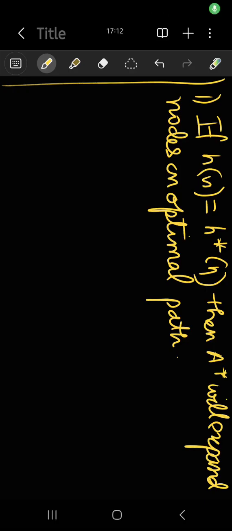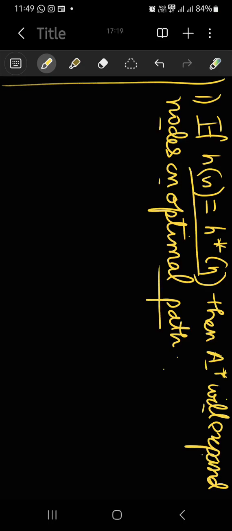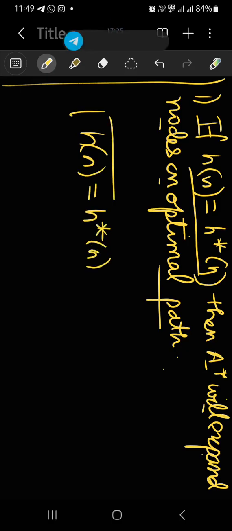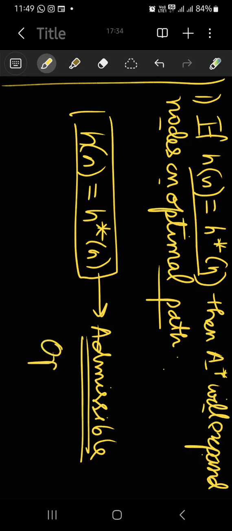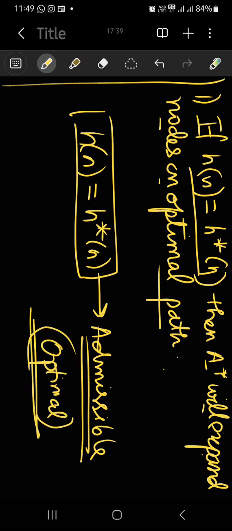বলো এটা কী হবে গাইস? If h(n) is equal to h*(n), then A star will expand the nodes on optimal path. ওকে, তার মানে h(n) যদি তোমার h*(n) এর সাথে ইকুয়াল হয়, তার মানে জিনিসটা হচ্ছে অ্যাডমিসেবল। আর যদি অ্যাডমিসেবল হয় তার মানে আমরা এখানে যেহেতু কিছু লেখা নেই, আমি বাই ডিফল্ট অ্যাজিউম করবো ট্রি সার্চ, আর ট্রি সার্চ অ্যাডমিসেবল হলে অপটিমাল দেয়, তো অবভিয়াসলি ও অপটিমাল পাথেই নোডগুলোকে এক্সপ্যান্ড করবে।